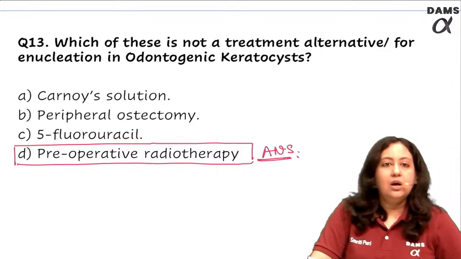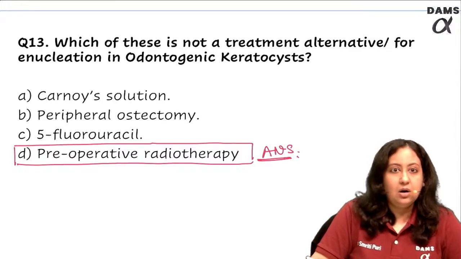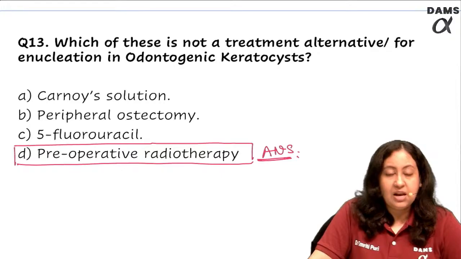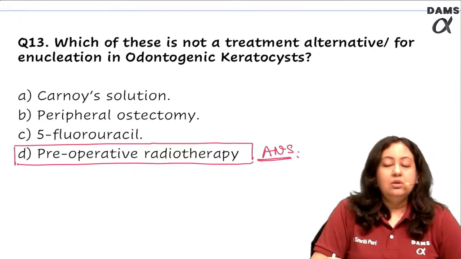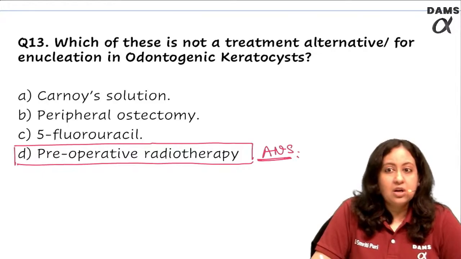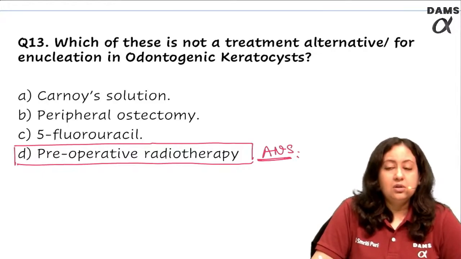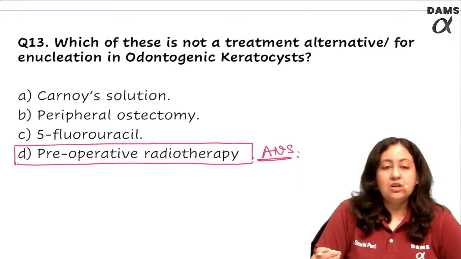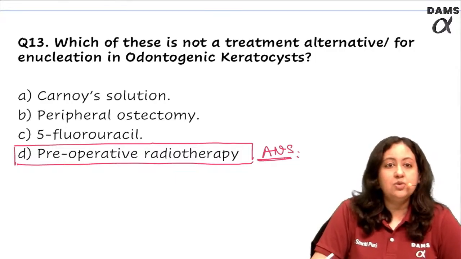So, in OKC, we all know that enucleation plus adjunctive procedures is our treatment of choice. I have told you this in my live sessions also, in my live classes. Now, in those adjunctive procedures, we can use Carnoy's solution, peripheral osteectomy, cryosurgery, thermal surgery or electrocautery. And there are certain studies coming up which say that instead of using Carnoy's solution after enucleation, we can also use